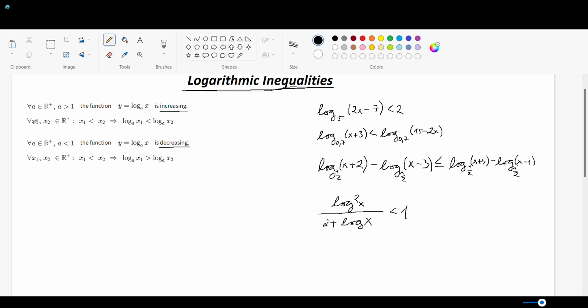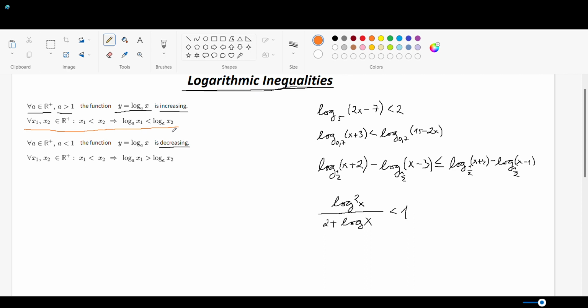If you have a look at the definition, it is probably well known that if the base is from the set of all positive real numbers, and if a is greater than 1, the logarithmic function is increasing. What is important to realize is that if the function is increasing, then for each two x's, in this case x1 and x2, from the domain of the function, which in this case is again all positive real numbers, it applies that if x1 is less than x2, then the value of the function at x1 is less than